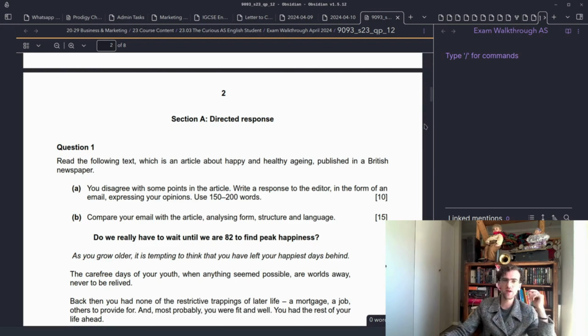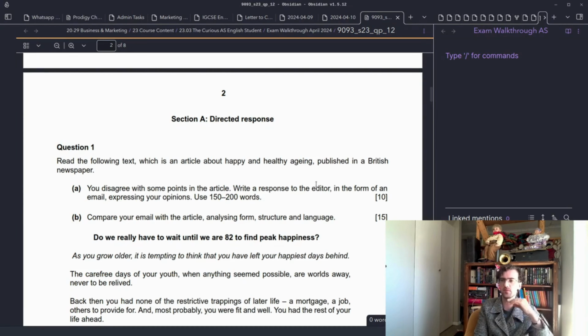So we are talking about health and aging, and being happy while aging. That is definitely we're going to use words like that. We're going to use words related to aging and things like that. And so we're talking about our similarities, our differences, but understand that we are analyzing here. We're not talking about the difference in their argument. We are analyzing the language, form, and structure, the form, structure, and language.